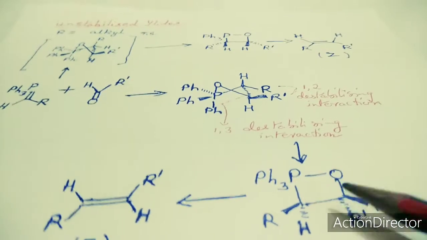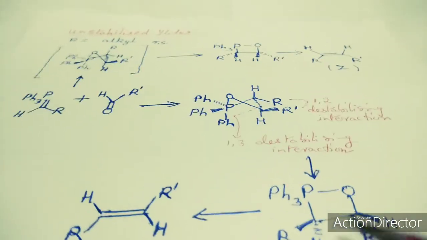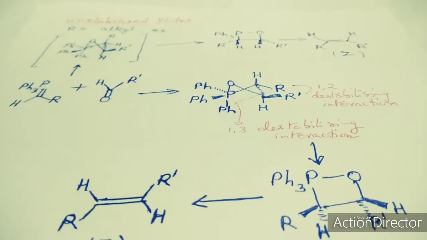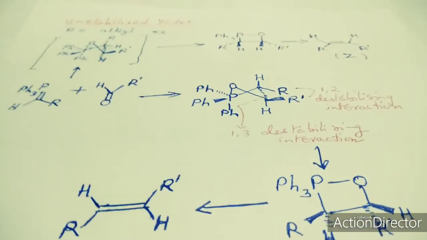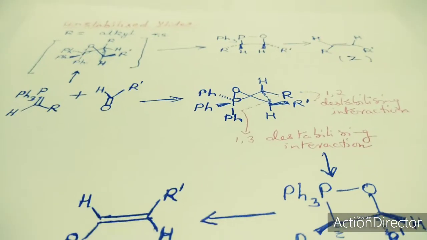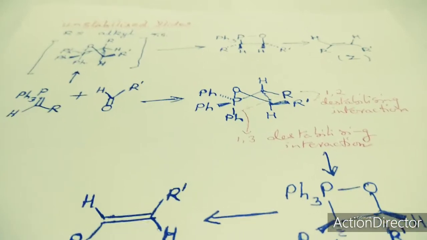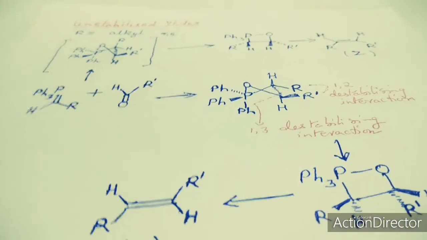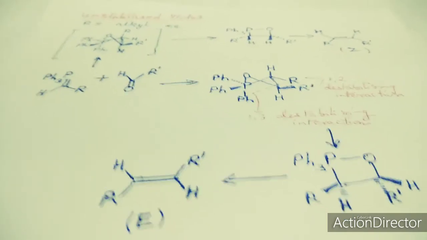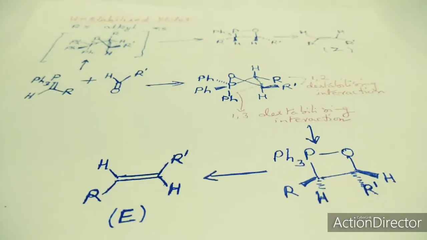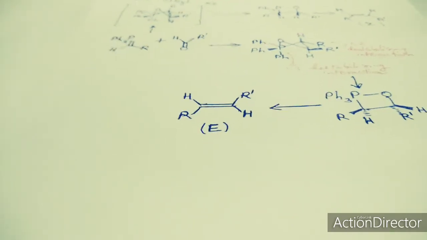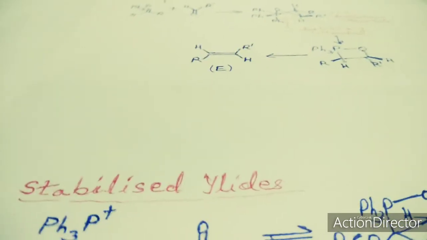So this is the reason why the E alkene is the less stable alkene, whereas in the case of unstabilized ylides, the Z alkene, as we saw, because it has less crowding interactions in the puckered, folded transition state, is more stable. Now from here, moving on to the other aspect,